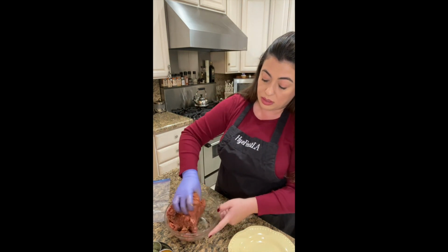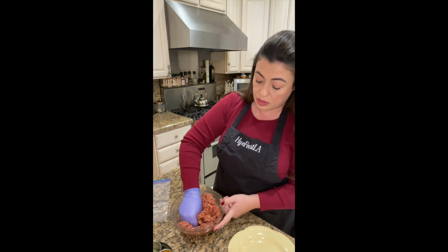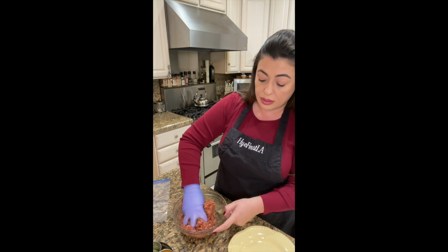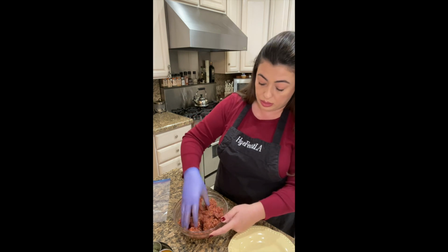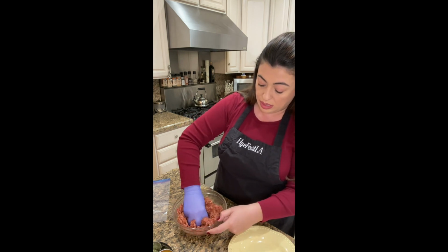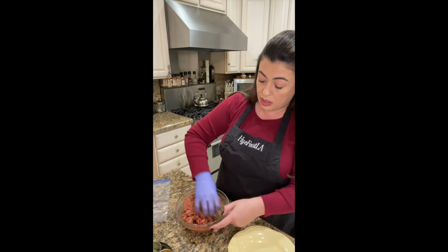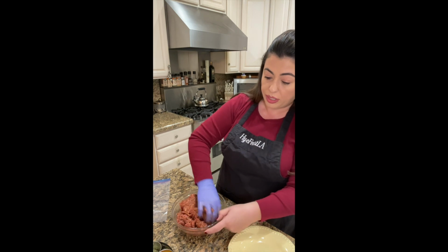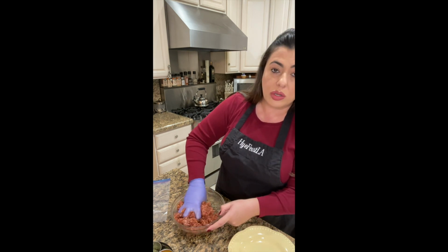Because soujouk has a lot of flavors. If you notice, it's really strong in flavors. So don't be shy to add more spices to it. There's no right or wrong. The more the merrier. I think it's better. And you can adjust your salt this way. So the ones that are already made at the stores are heavy in